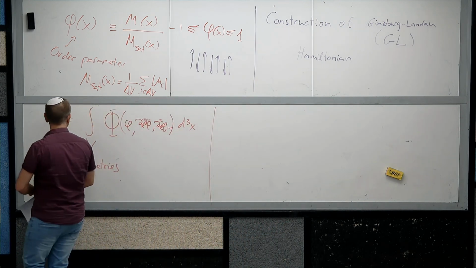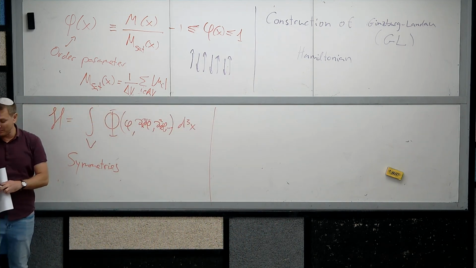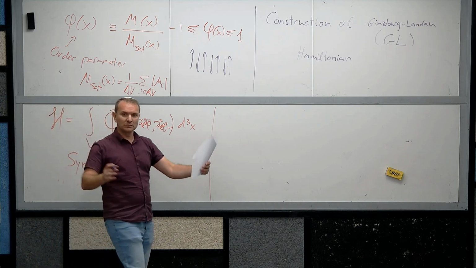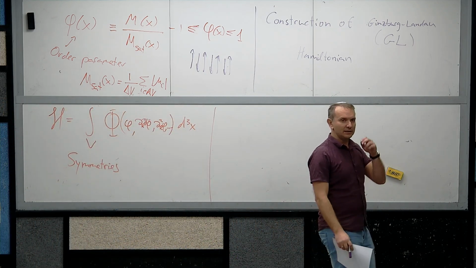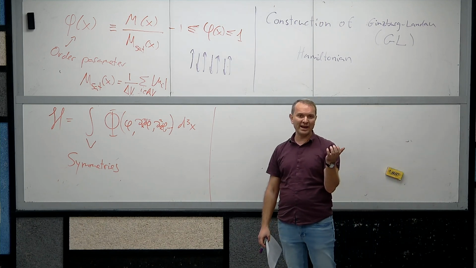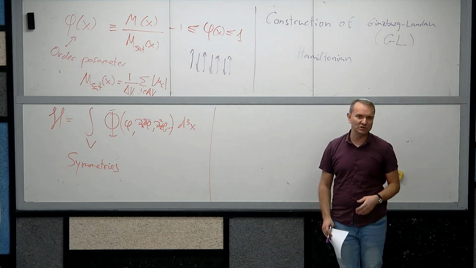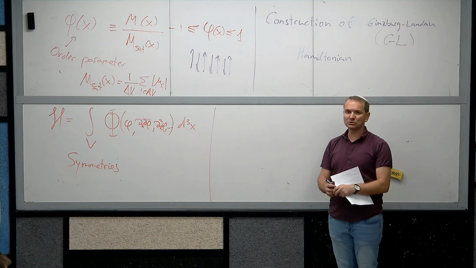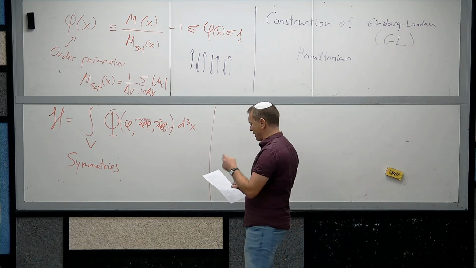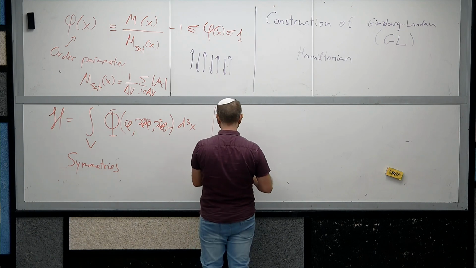What are the different symmetries that I have in this system? Remember, I thought about the elastic system. It was analyticity, locality. We changed the x to minus x, etc. We use some symmetries. So in constructions of Ginzburg-Landau, you also use some specific symmetries. Let's line them up. So first of all,